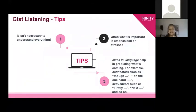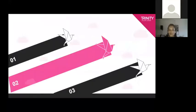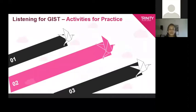Now, once your students have internalized these tips, then you can practice a few activities with your learners to include gist listening. So the first activity is more of a pre-listening task, and I've mentioned how important it is to activate your schemata or your background knowledge. So you can choose anything. You can choose, say, a news article, a listening file, and instead of playing it,